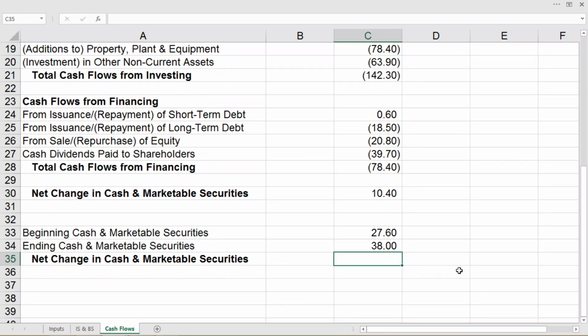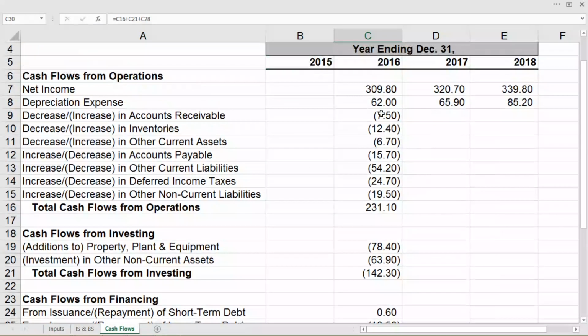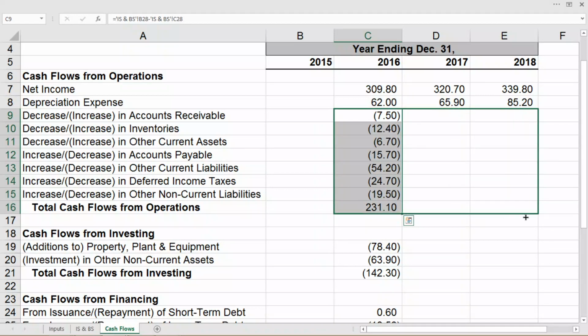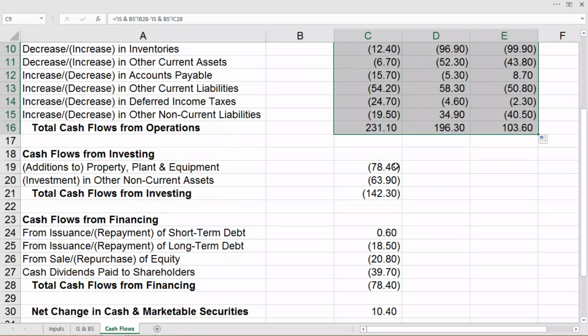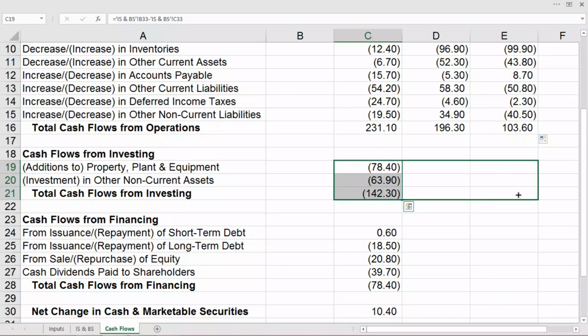Now to calculate the net change, we need to identify. So equal to, we'll use this particular sheet itself directly. We can calculate C34 minus C33 and enter. So we have this value 10.40, which is exactly the same as when we calculated by adding the financing, investing and operating activities. For the other years, we need to select and drag for the other years, and we will be able to get the values.